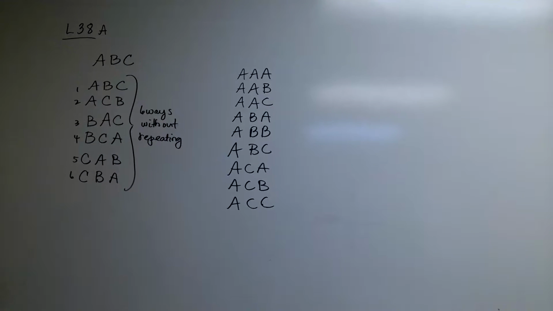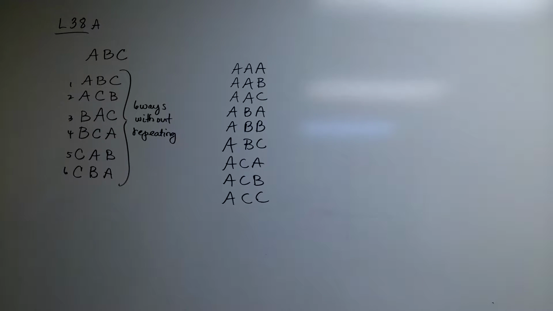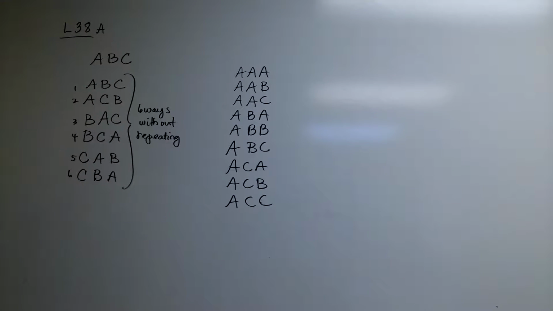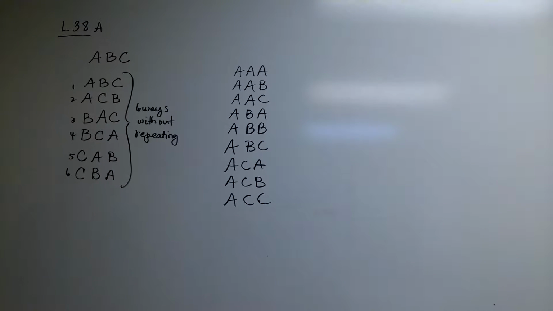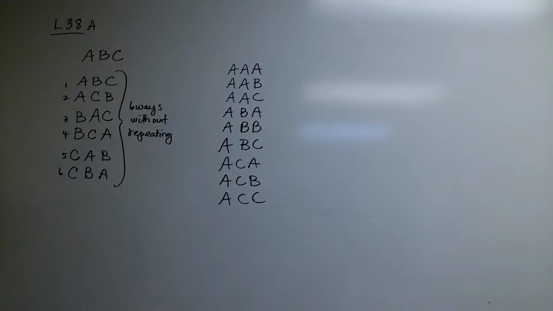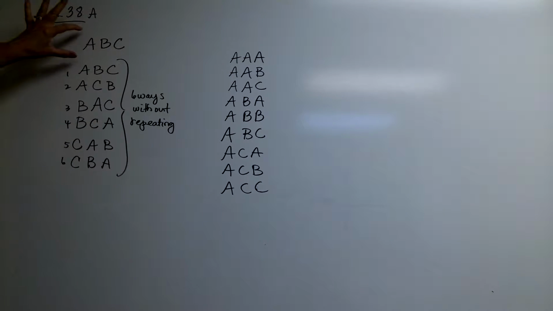Alright, this is Advanced Math Lesson 38. This is Section A, and we begin with our permutations and how many ways can we arrange things. And the first example that I have right here we're going to talk about is if you pretend, and you